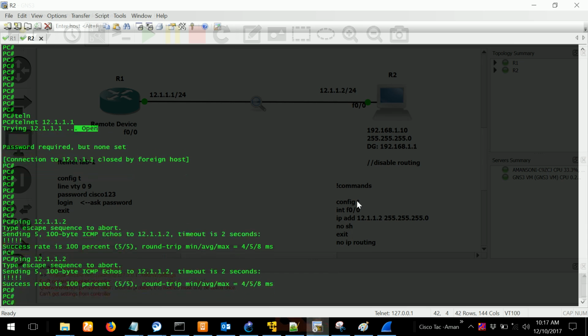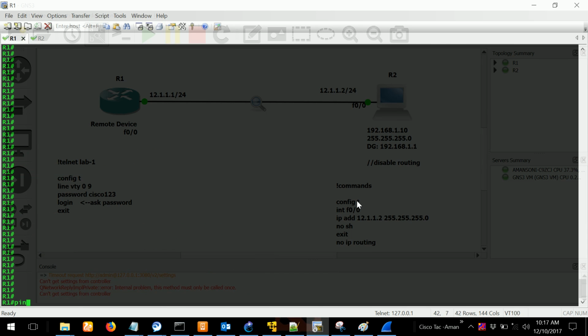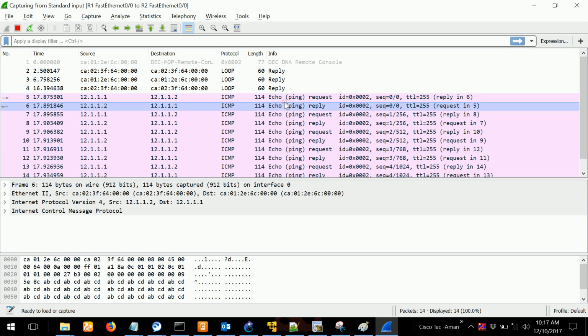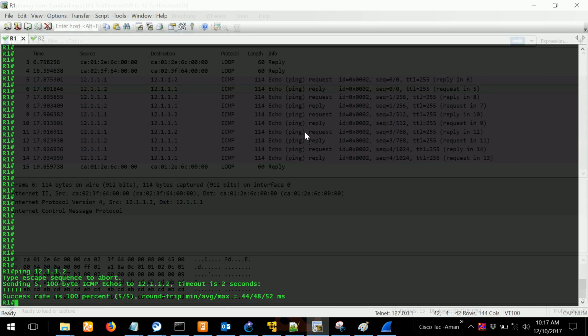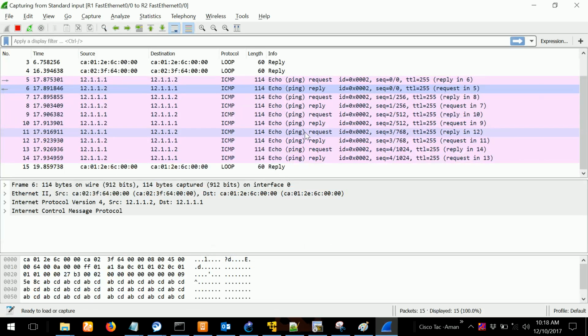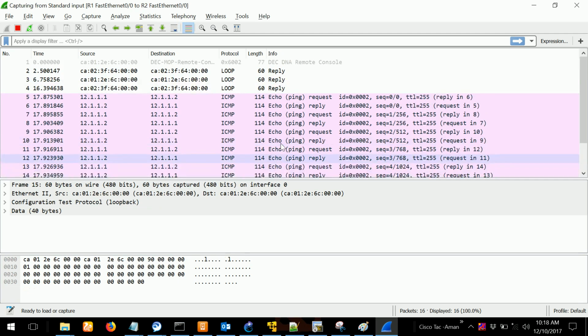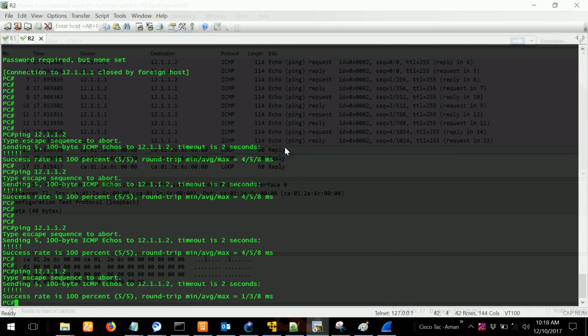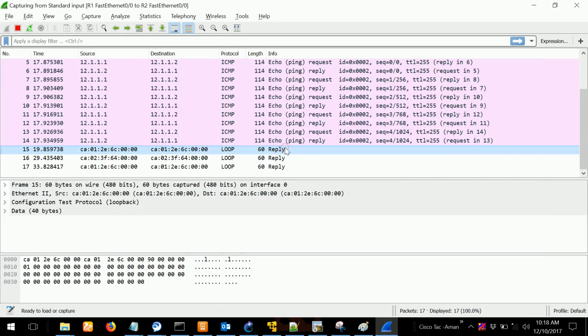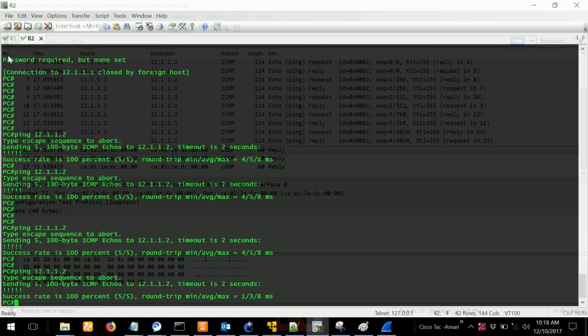Let's try pinging from this side. Oh, working fine now. Yes. Let's go to R2 and try from here. Okay, for some reason it is showing only for R1.